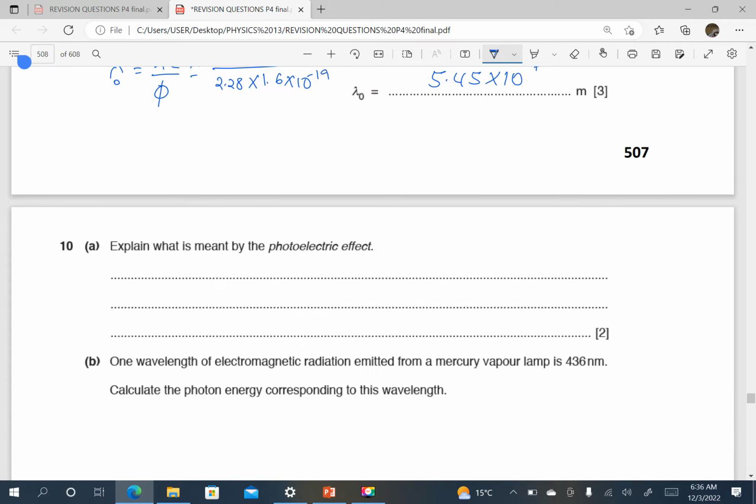Explain what is meant by photoelectric effect. So we now know what is meant by photoelectric effect or photoelectric emission. The emission or release of electrons from a metal surface when electromagnetic radiation of high enough frequency falls on it. So, emission of electrons from a metal surface